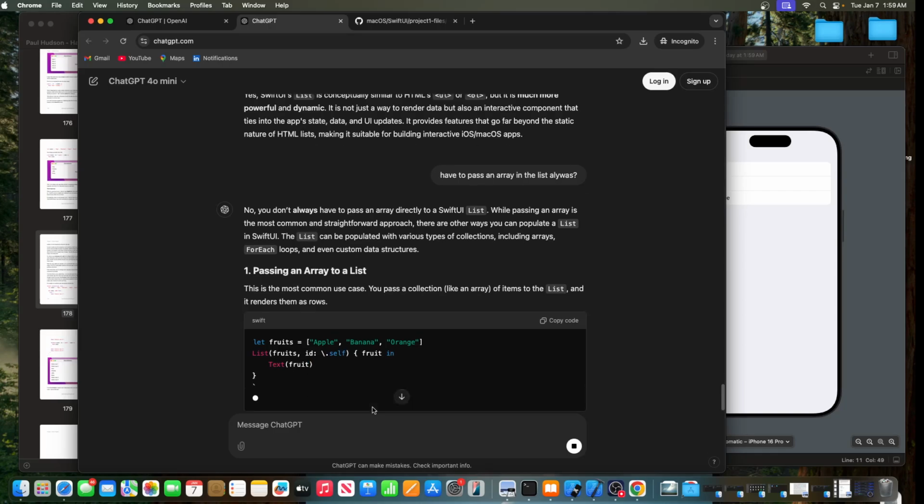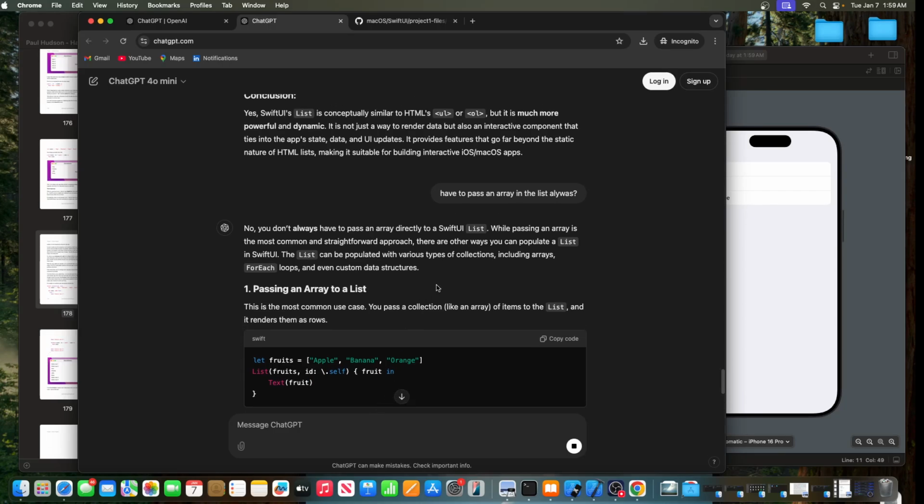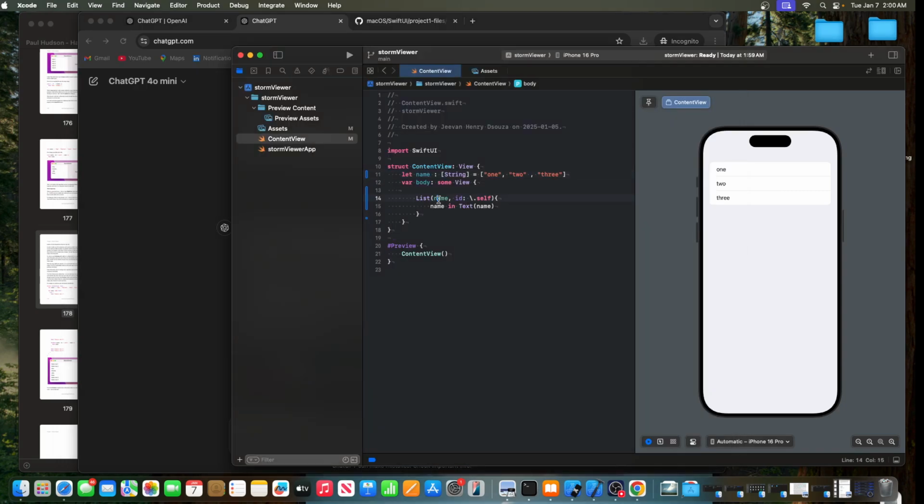You don't need to pass an array. List can take collections. This has to be a collection, and this can be a collection. This is okay. Now this is done, that we'll see. Now let's see. So remember, even though this is not a return, since it's a closure,